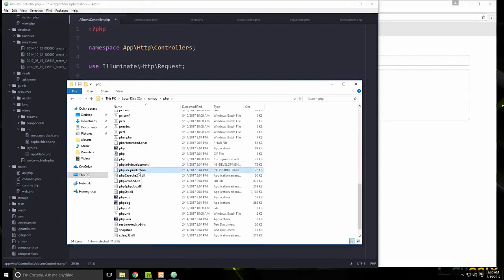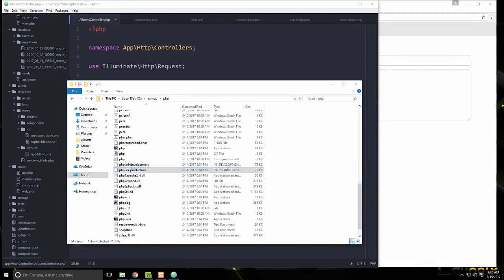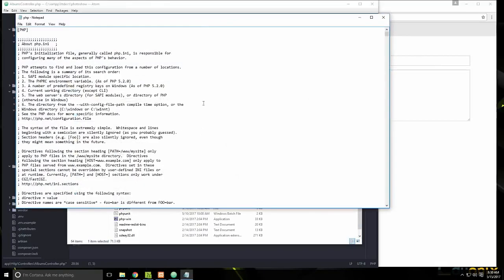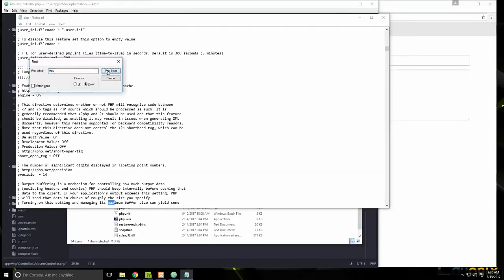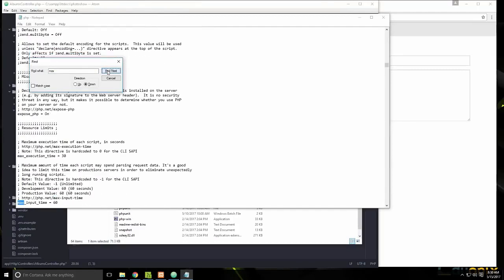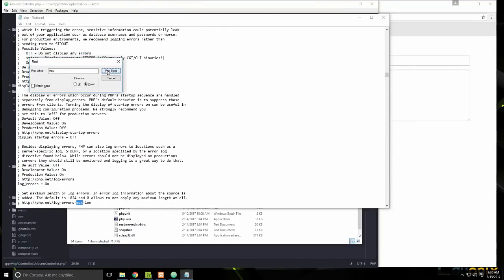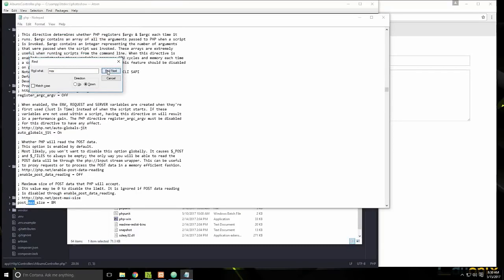Let's just go ahead and open up the production. And I'll just open it with Notepad, I guess. And then we're going to look for max, I think it's max upload size. Let me see if I can just do this. Okay, so post max size, I believe that